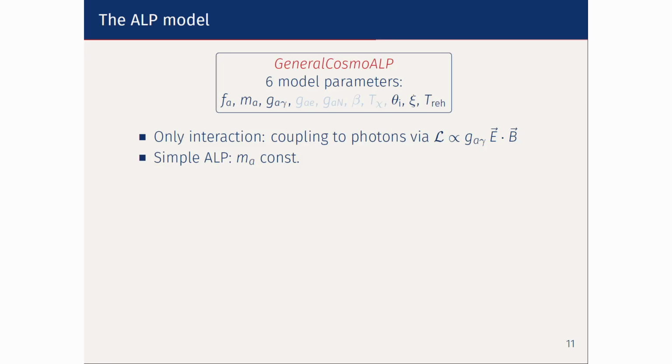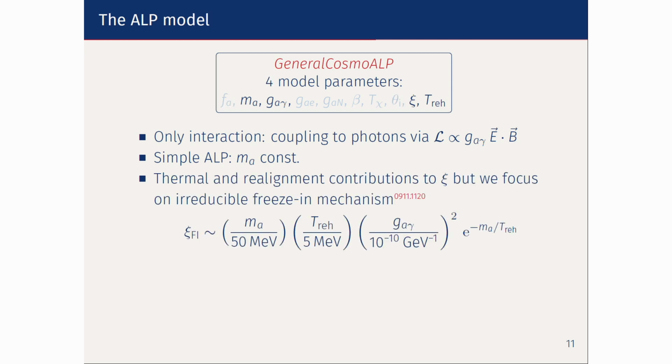In the full model, we have parameters that, for example for the QCD axion, parameterize when the mass becomes constant and what the temperature dependence of this mass is at high temperatures. And if you think about all the different non-thermal creation mechanisms, you think of course about the realignment mechanism, but you could also have a freezing contribution. The issue with realignment is that you have 2 more parameters in the most general case that describe this. And also with the freezing, you can see that there are some degeneracies here.